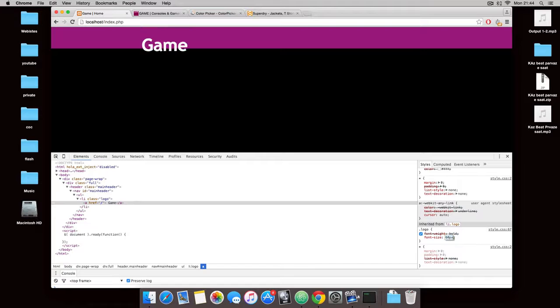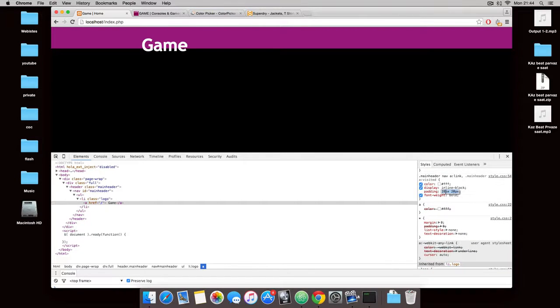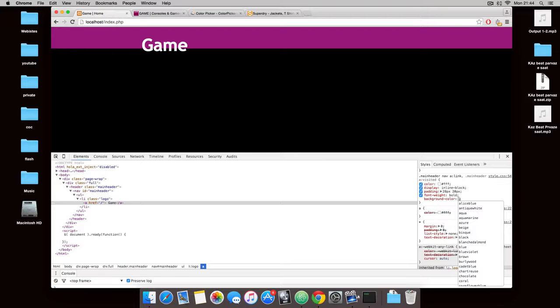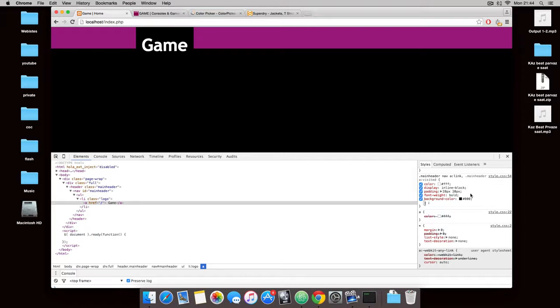Make it 60 pixel. That sounds fine to me, yeah? But what we gotta do now, let's give a background color, and let's give it a black background color. Alright. Now let's make this